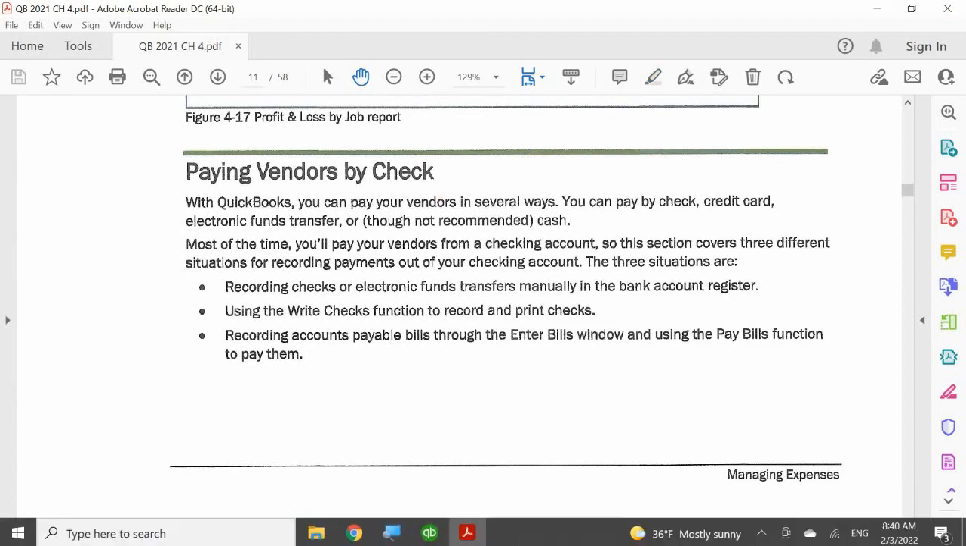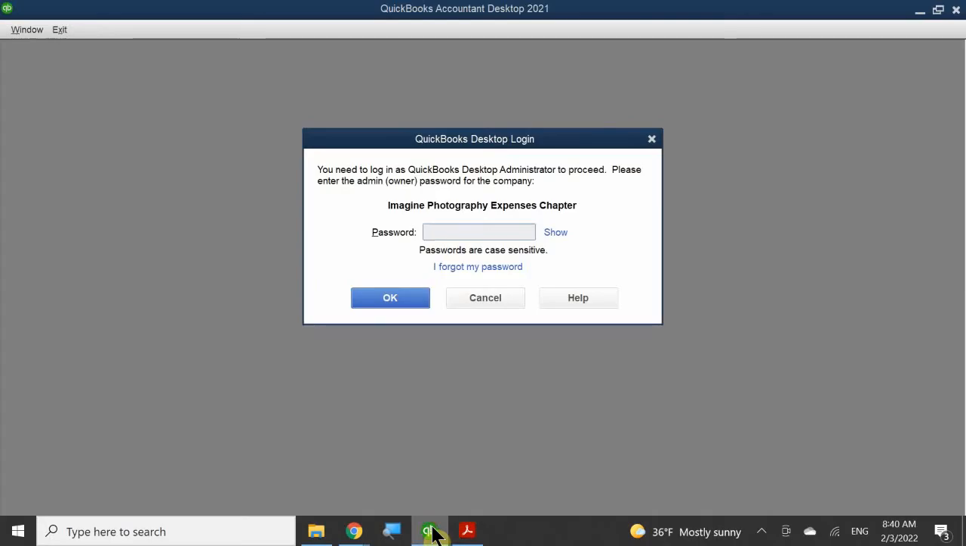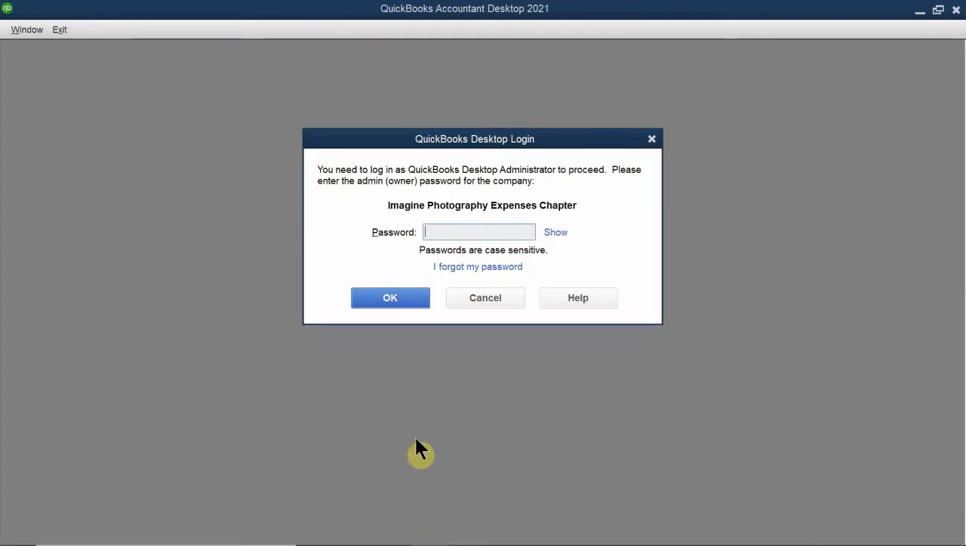Now, before I go ahead and get started on this page here, this is what happens when you are opening QuickBooks for the first time and you're in the middle of working on a current data file. This is right here. It tells me at the very top, this is Imagine Photography Expenses, which is chapter 4, correct? Because this is chapter 4 and we were in the middle of it, we entered our first vendor, and I just closed out my company file, and now I am opening QuickBooks again, and it's going to tell me